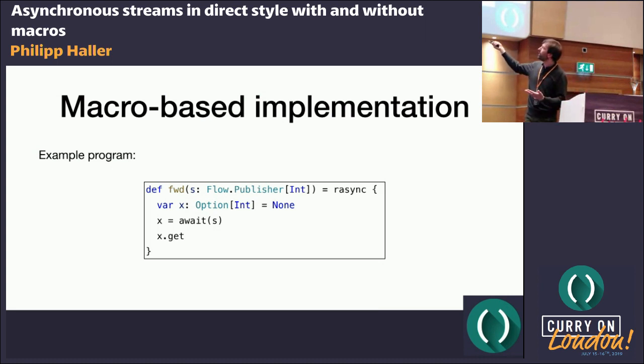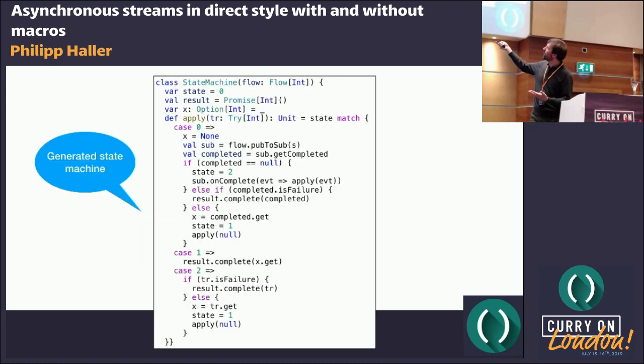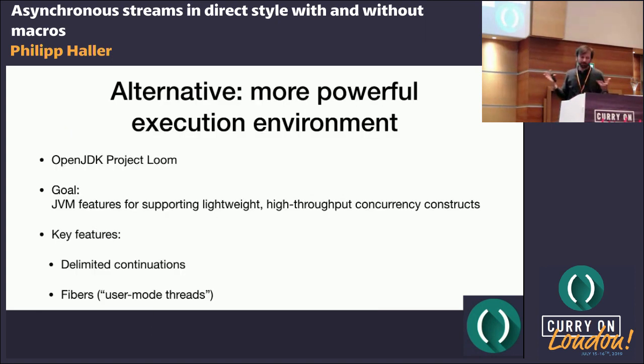And so state 1 says, well, what do you have to do after the await? Assuming we have a result already assigned to x, this is what we already did, well, we just have to essentially evaluate the final expression, which is just x.get in this case, and put it into the result. Right, so this is essentially what this kind of state machine looks like.